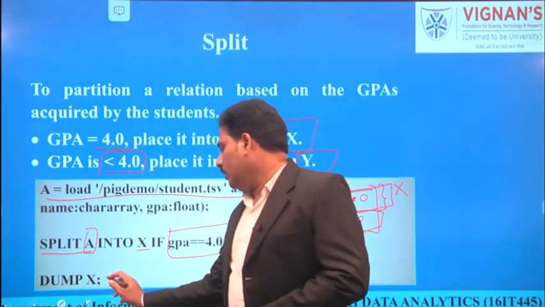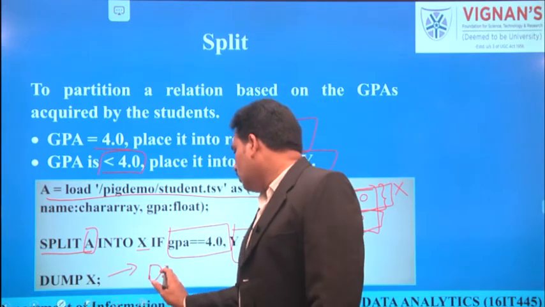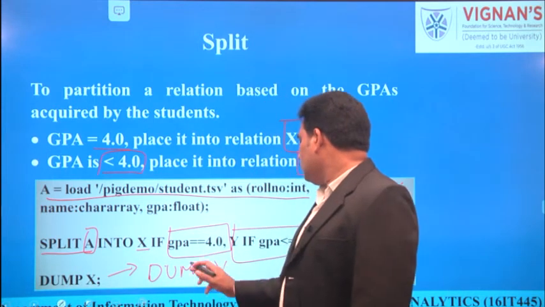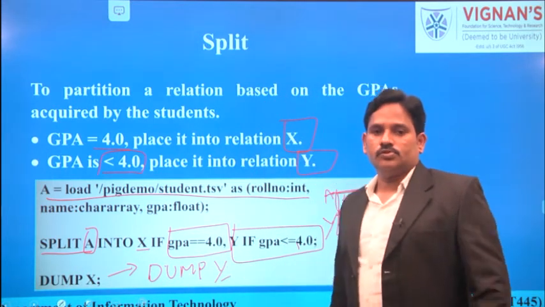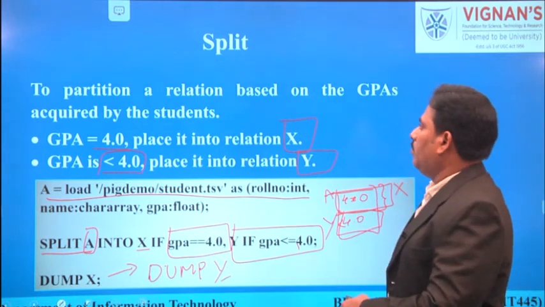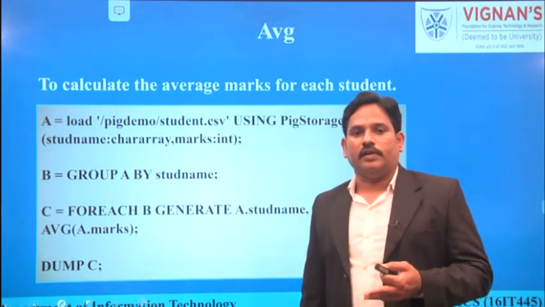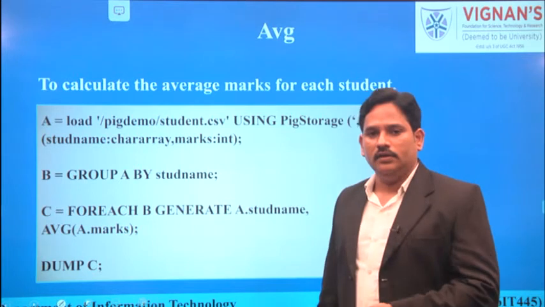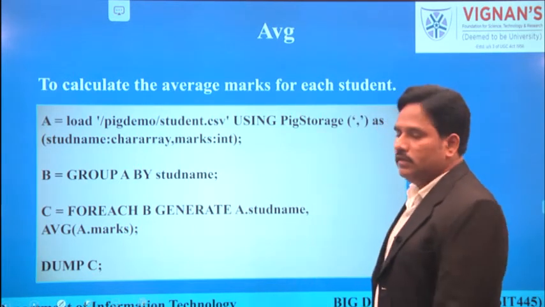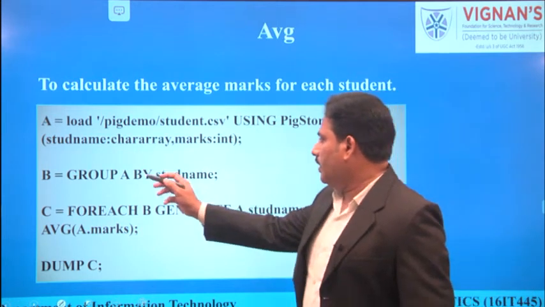And what we are displaying finally: dump X. If you want to display Y also, we can do so by writing dump Y, semicolon. So this is the way of partitioning the data by applying the split command. Now to apply aggregate operations like average, min, max, we can also do it in a Pig statement. Calculate the average marks for each student. The syntax is: load the data,